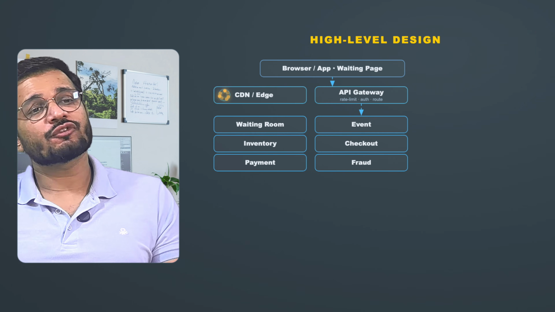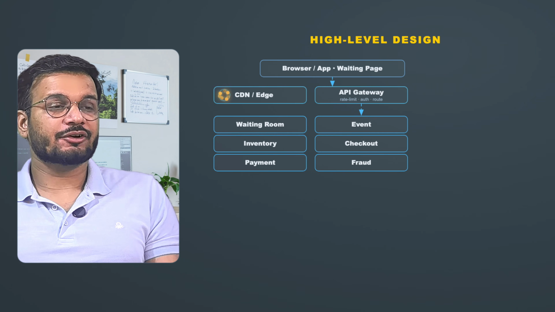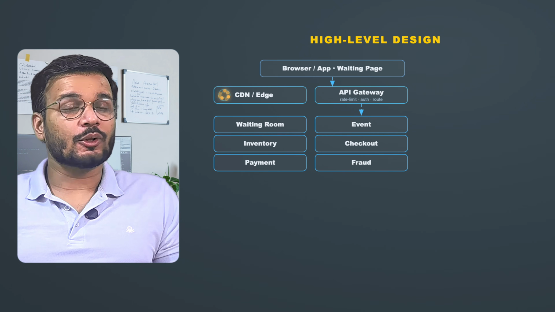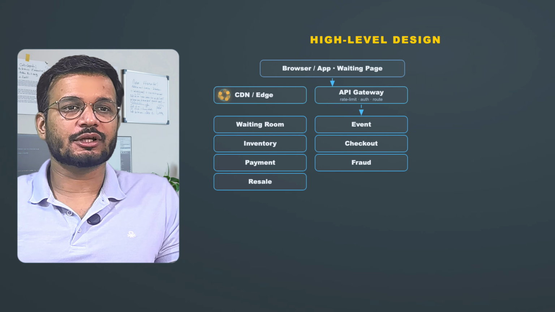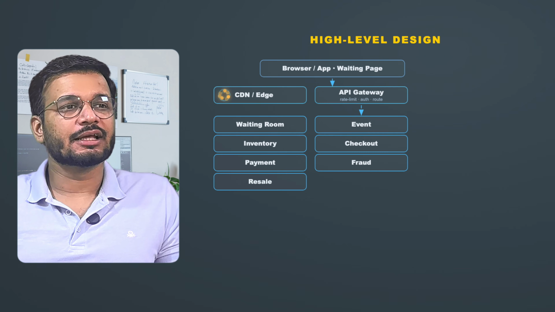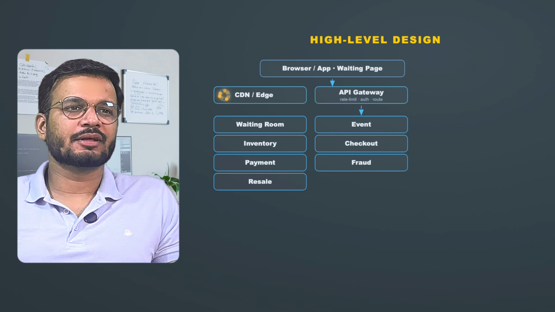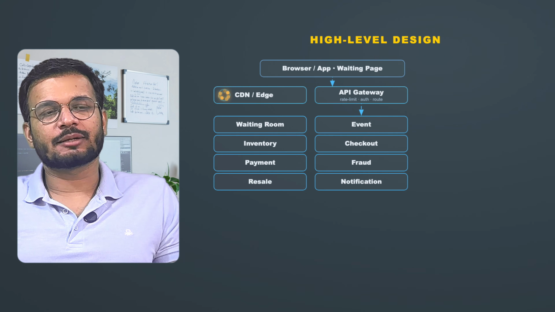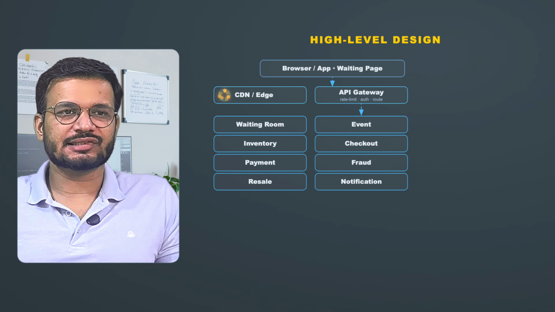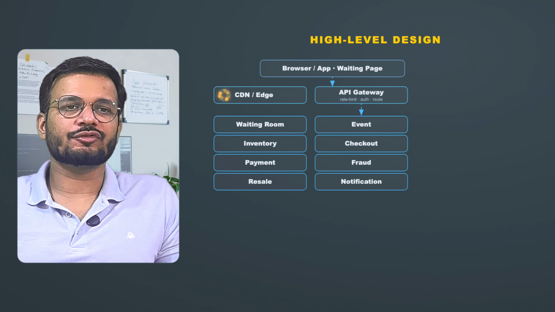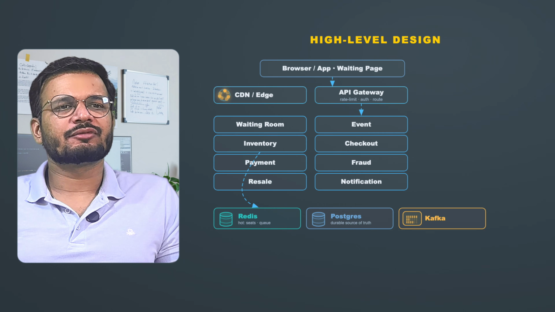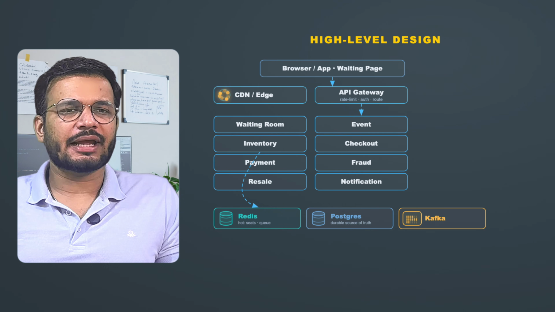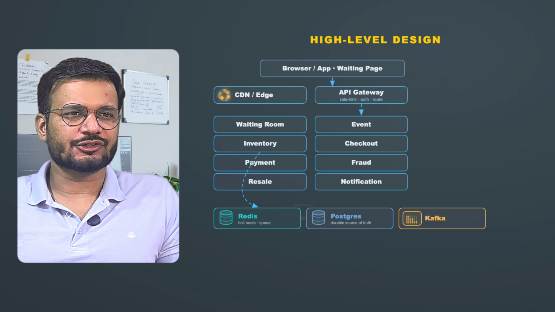We also want to do the fraud detection because many people are trying to get all the tickets in one go. So in that, you will have real-time scoring for the purchase request. It will rate it: what is the level of fraud in this? Then we have the resale marketplace service. It is used for listing, discovering, and purchase of resale tickets. After that, we'll have a notification service, which sends the confirmation email, reminders, and then transfer notification.